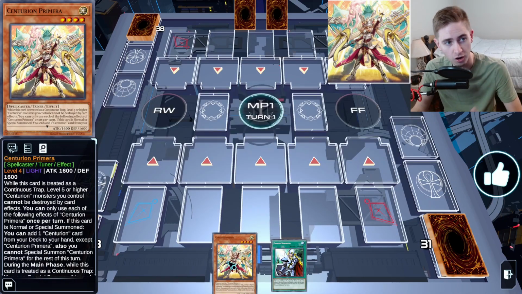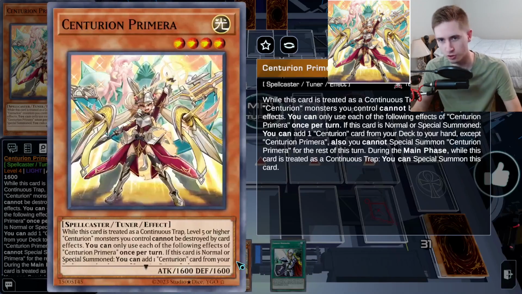So we're going to start off with our first starter, which is Primera. It's a level 4 spellcaster tuner. And while it's treated as a continuous trap, level 5 or higher Centurion monsters cannot be destroyed by card effects. Yeah, I forgot to mention this deck's whole gimmick is putting things in the back row as continuous traps